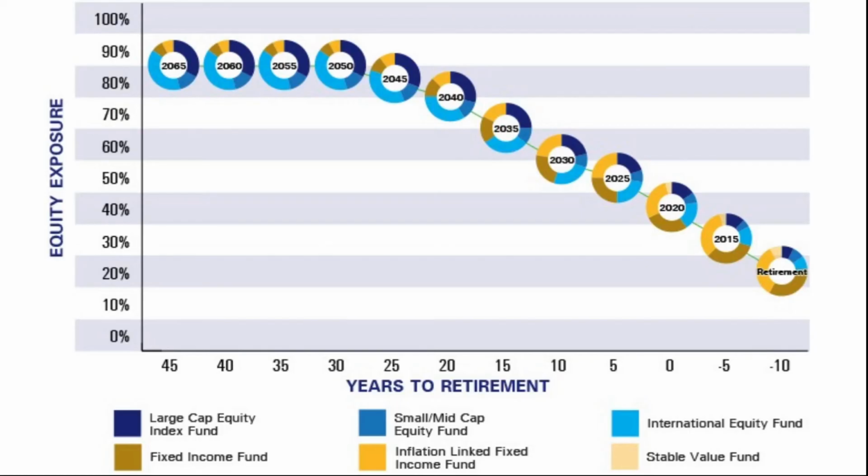Another thing you want to look for is a glide path that makes sense. The rate at which a target date fund adjusts its allocations to stocks and fixed income over time is known as its glide path. You want to check to see how the fund invests over time and ramps down its equity exposure as retirement nears. Some invest more heavily in stocks throughout the life of the fund in the belief that a higher equity position and the higher returns that typically come along with stocks is necessary to ensure that investors don't outlive their